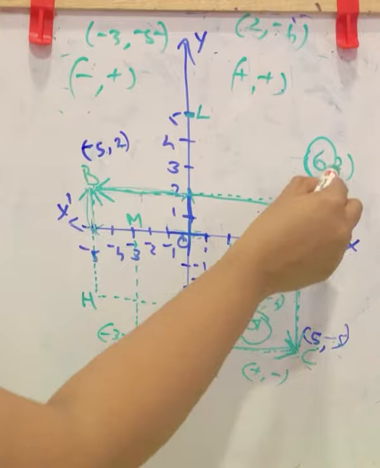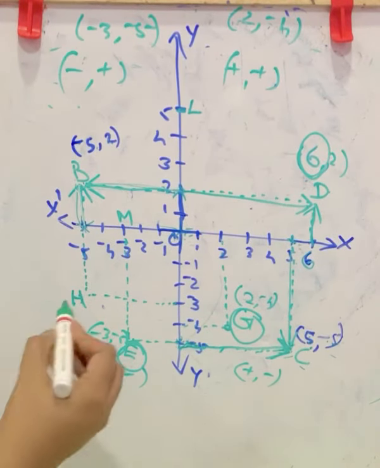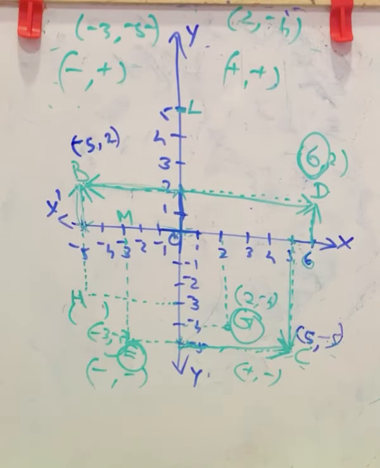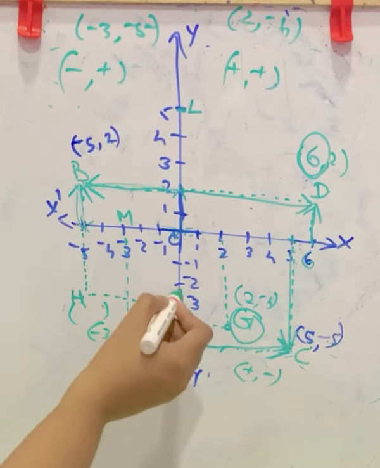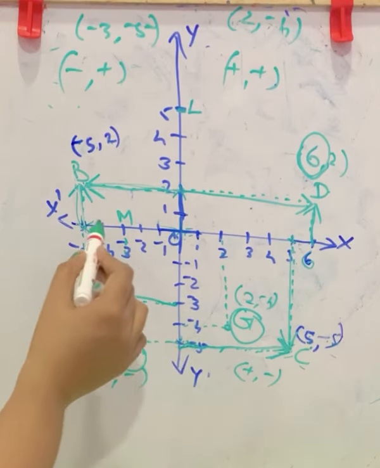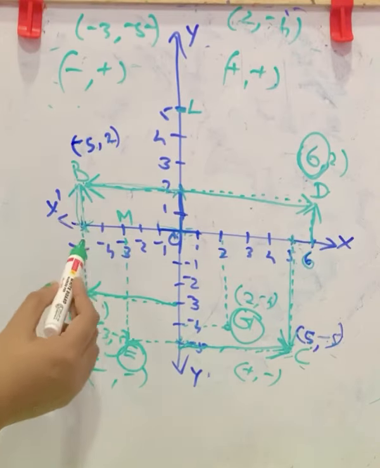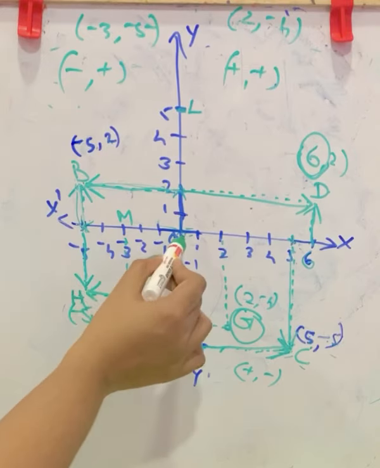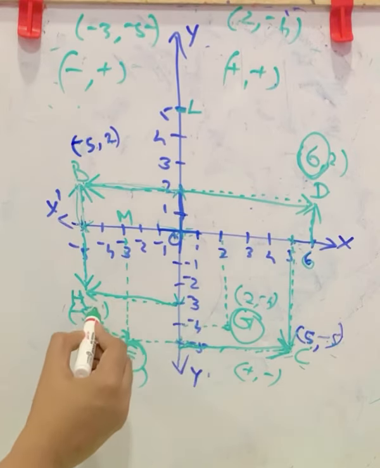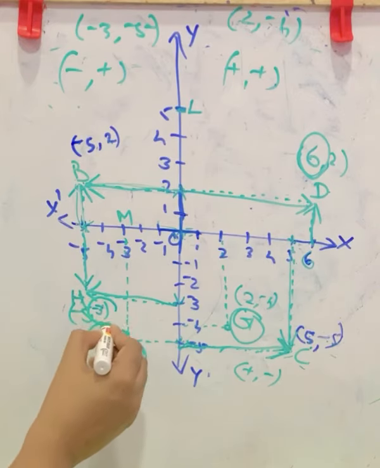X is 6. Next, find the ordinate of the point H. Here is the H. Here the x coordinate and y coordinate. X coordinate means this distance, and the parallel to it, here we will find it is -5, comma. Now this height, and parallel to it, it is the -3. So -5, -3 is the coordinates of H. In that ordinate means y coordinate, that is -3.